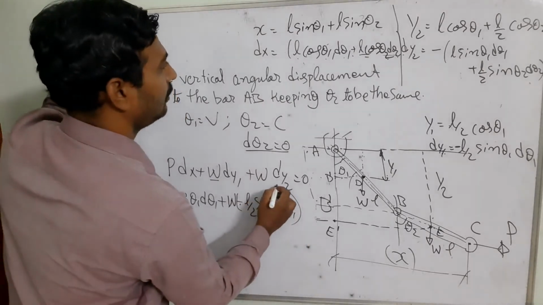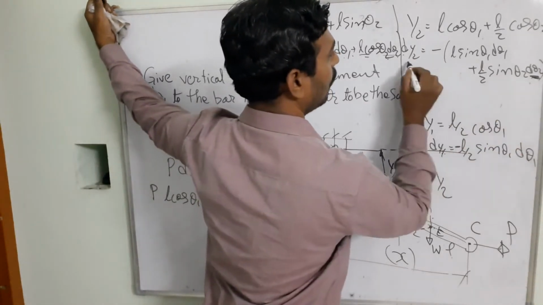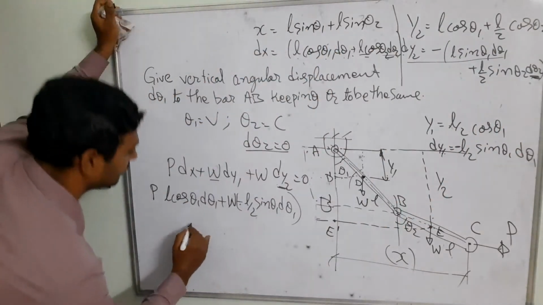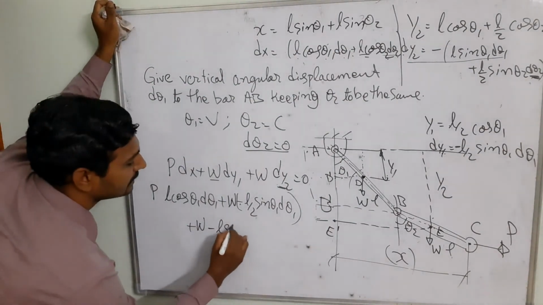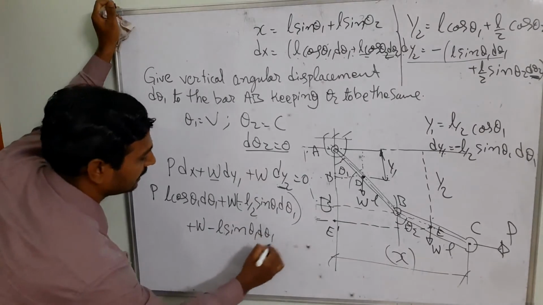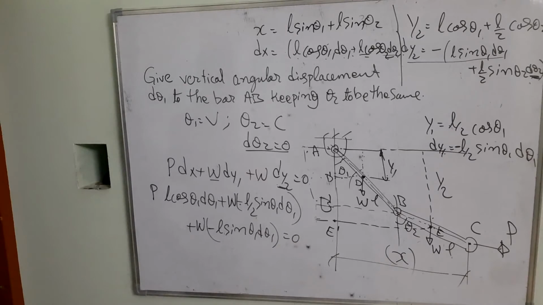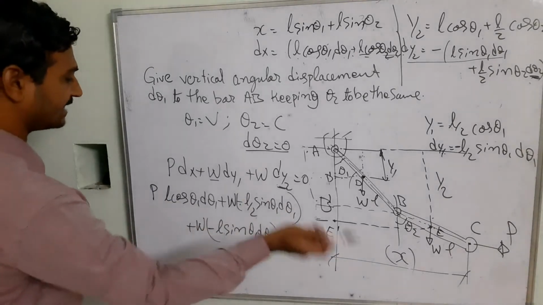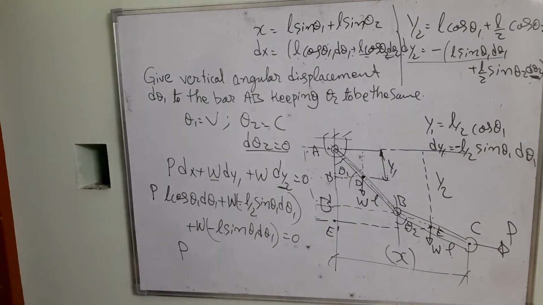And similarly, for W y2, d theta 2 is going to be cancelled out, and only this parameter we get. So that's going to be W into minus L sin theta 1 d theta 1, and that is equal to 0. Once we have this equation, we simplify it, and finally L is cancelled out, and we have P cos theta 1